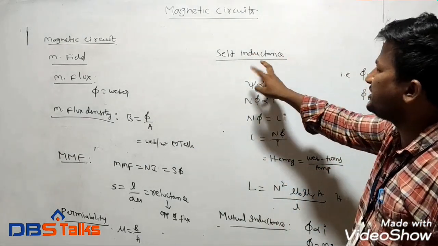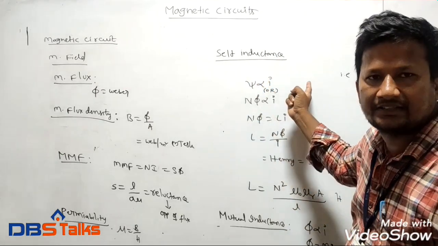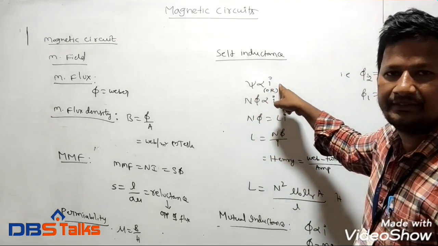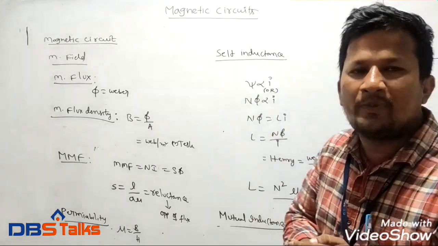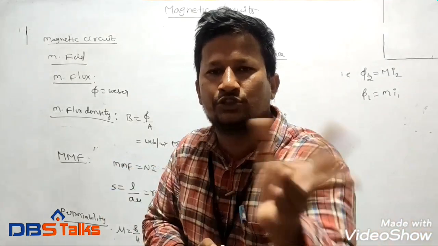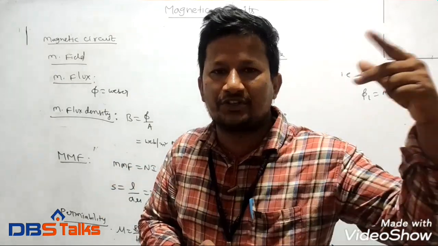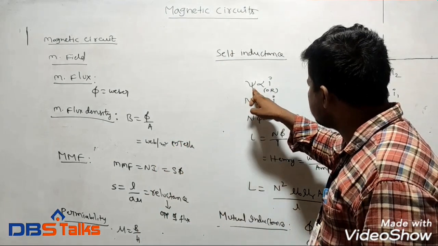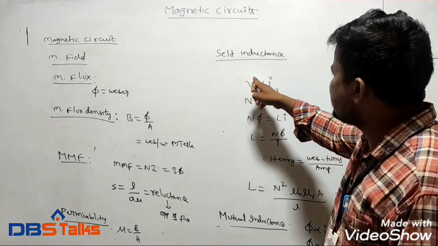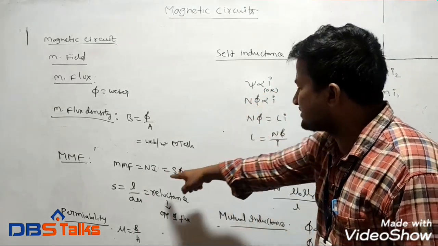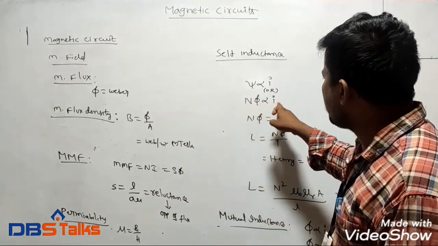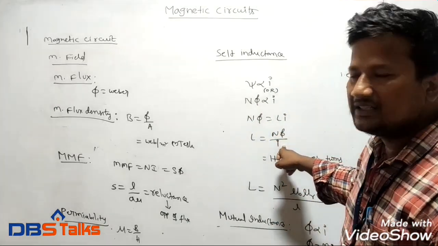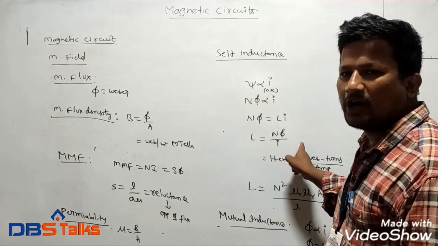Now the relation between the flux and the current is nothing but inductance. So here psi is proportional to I. The flux linkages, how much flux is interrelated with these two circuits, are directly proportional to the current flowing through the supply in the primary circuit. That is, psi is proportional to I, where psi is the number of turns times flux. N phi is proportional to I, so N phi is equal to L I, and L is equal to N phi by I. This is the inductance formula.